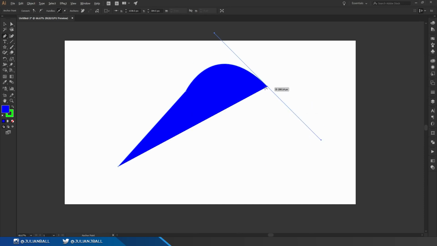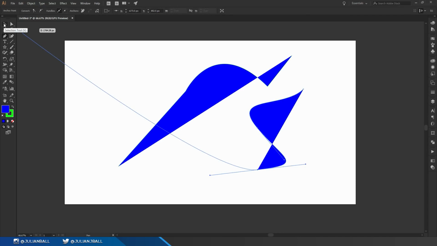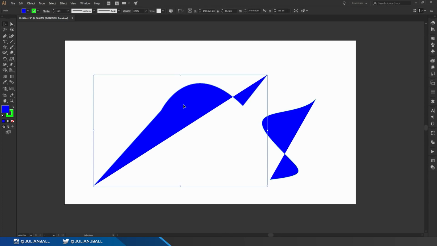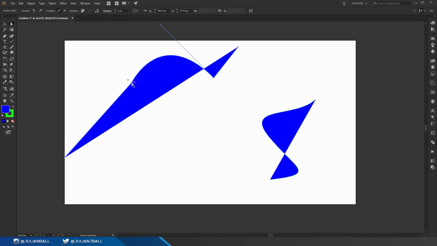I can then hit Alt on the end of any point to get rid of that continued curvature and to make a sharp point. This is really great for creating any sort of custom shapes or lines inside of Illustrator. I can then go back to V to my move tool, and then I can select and drag any one of these points. I can also go back to my direct selection tool and then manipulate these points individually